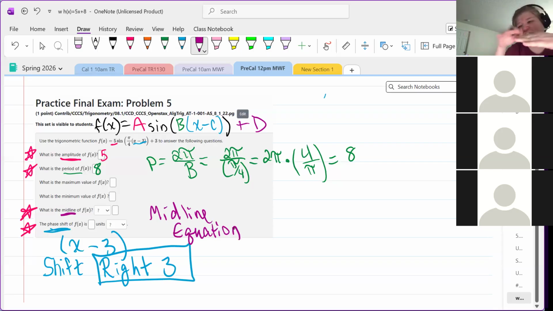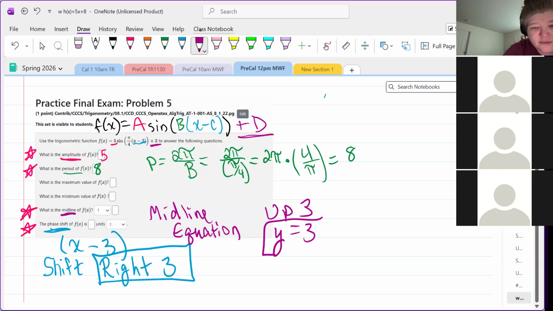Now, our midline equation is our middle line, and it's a horizontal line. A normal, untransformed trig graph has a midline of y equals 0. This particular graph, though, has a vertical shift of up 3. So that means our midline goes from y equals 0 and gets moved 3 units up. So now it's at y equals 3. So it's not just about telling me that the graph goes up 3, but that the midline equation is y